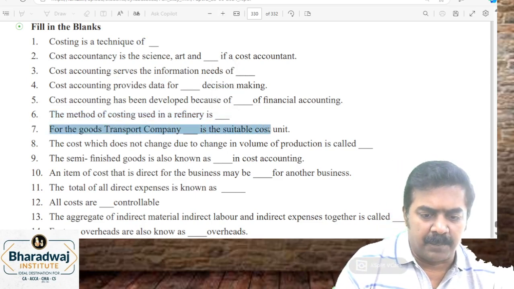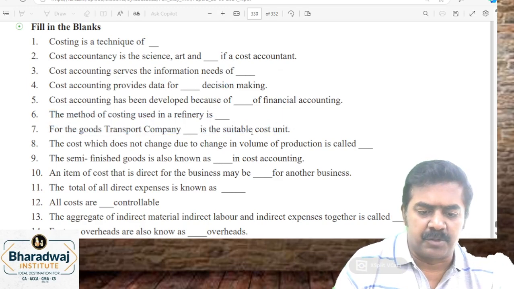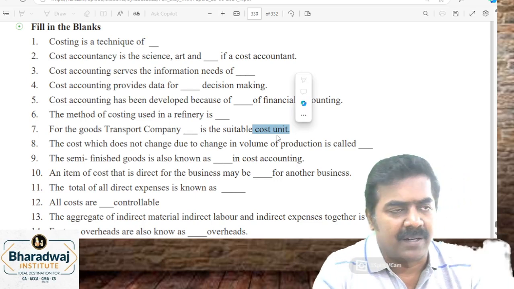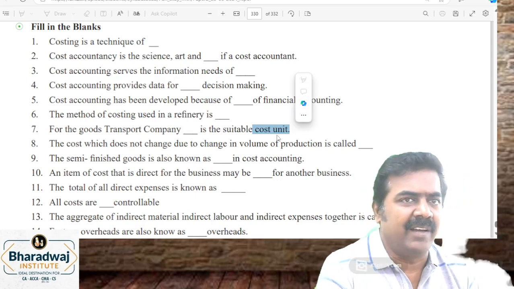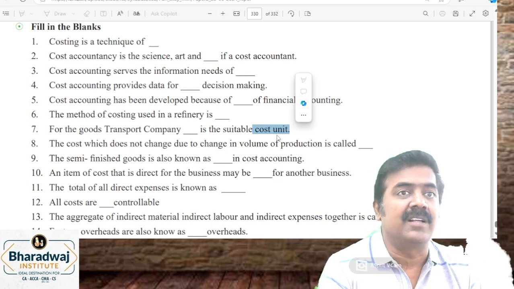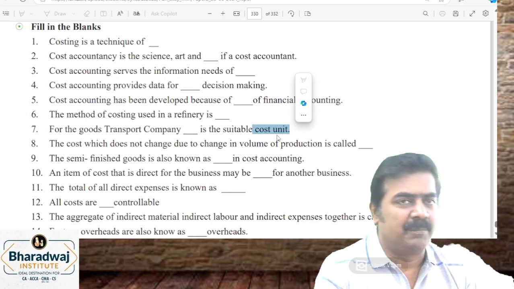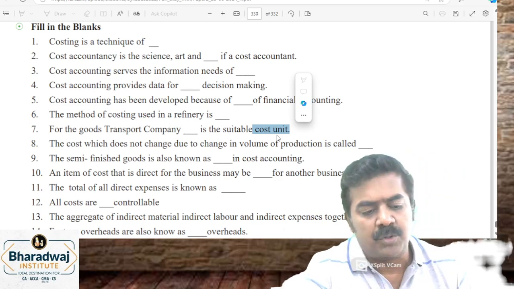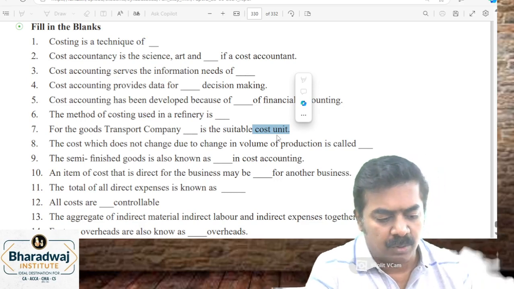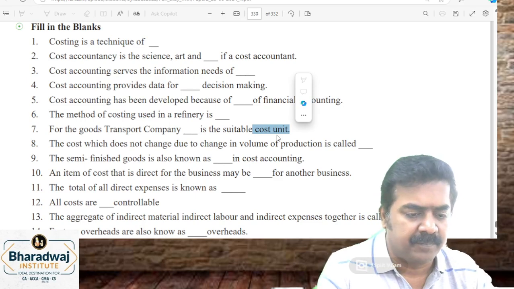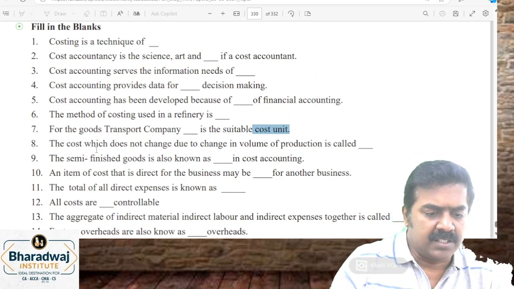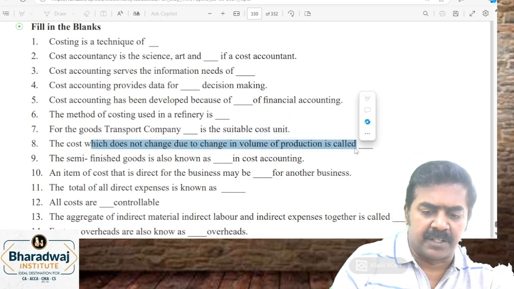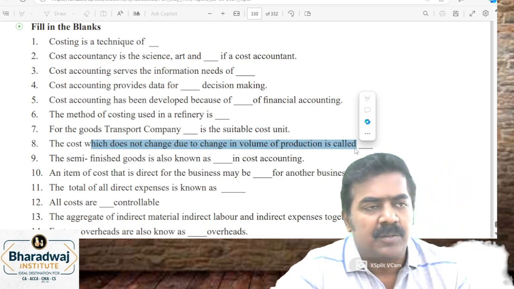Goods transport company, cargo company, what cost unit can we use? Liter, kilometer, ton kilometer. They carry weight. Passenger transport, no, passenger kilometers. If it is a goods transport company, they work out ton kilometers. Next. Cost that does not change due to change in volume of production is called as